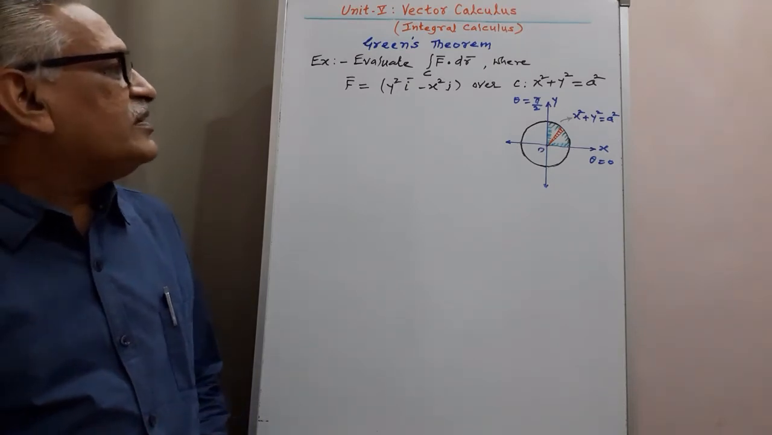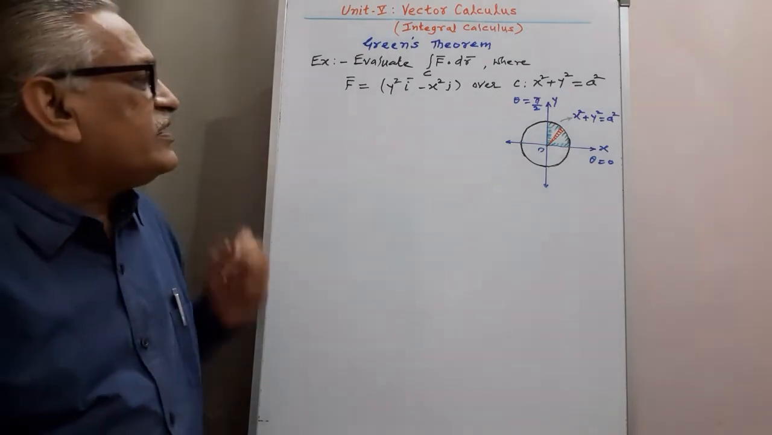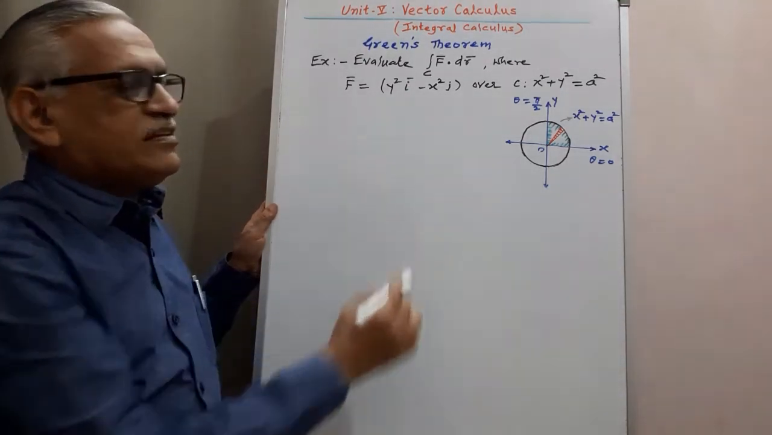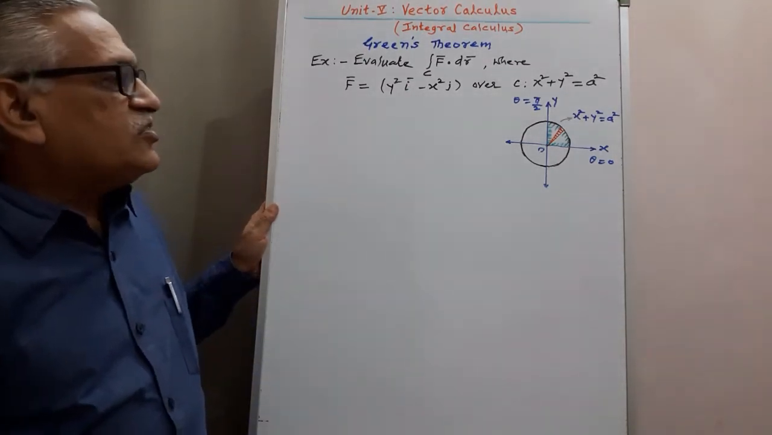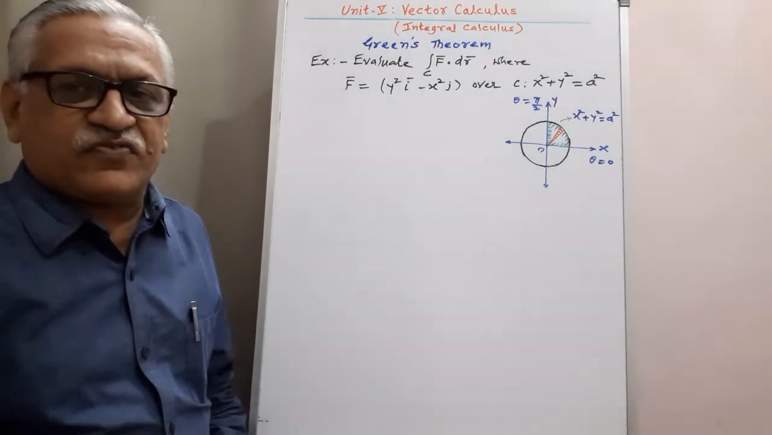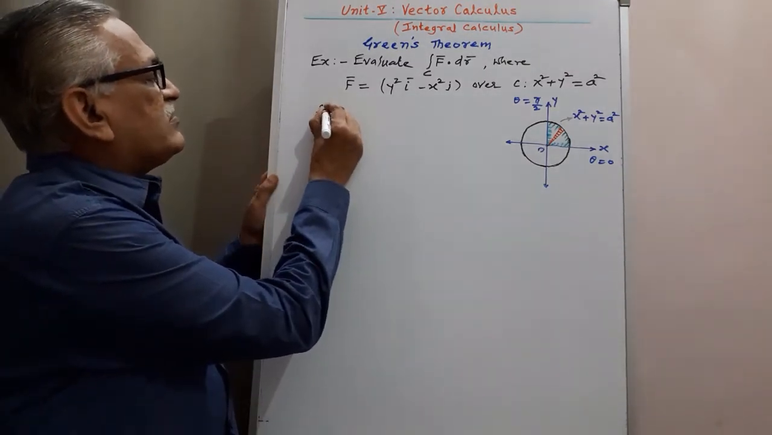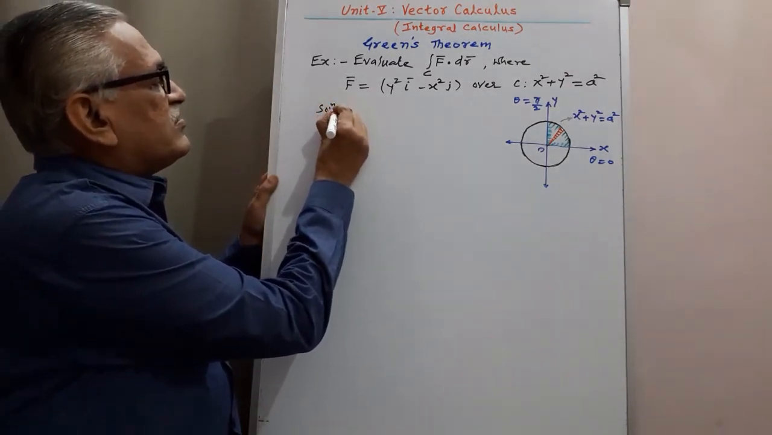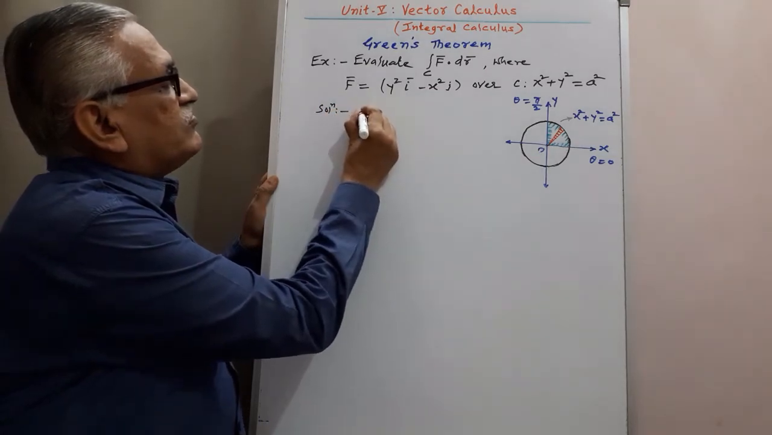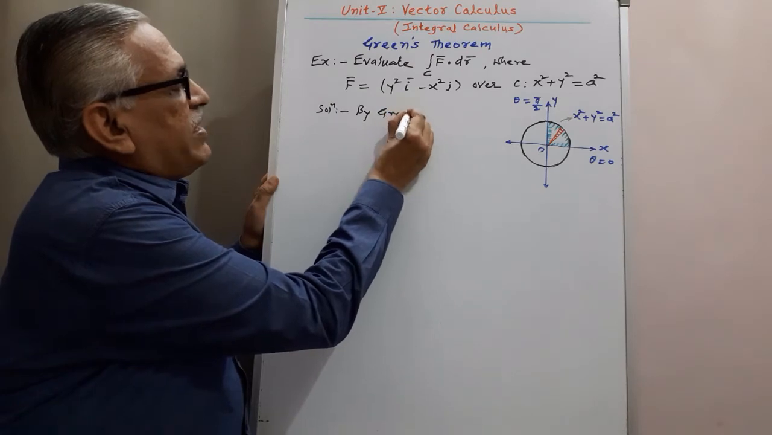Let us solve the problem. Evaluate the integration of F bar dot dr bar, where F bar is y square i minus x square j, over the circle x square plus y square is equal to a square, and therefore to obtain that line integral by Green's theorem,